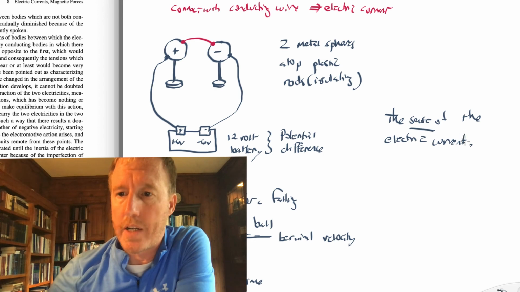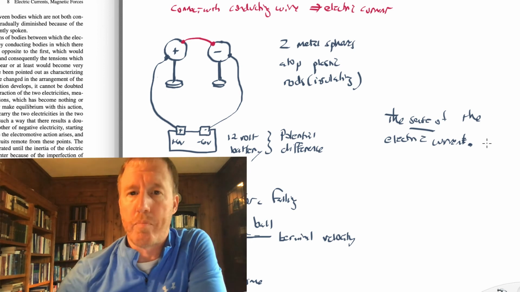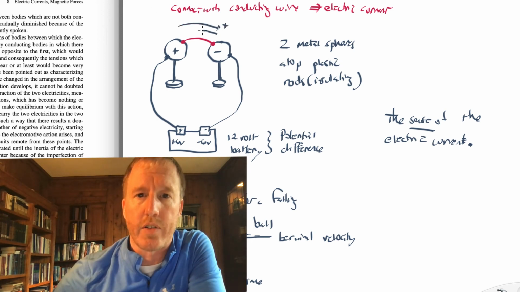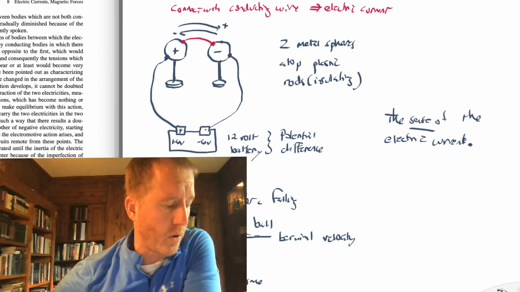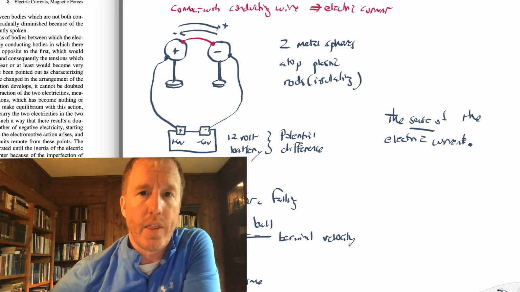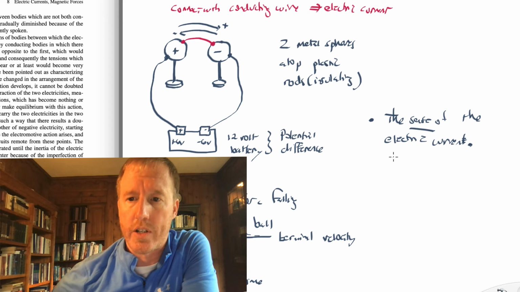Okay, this problem might have come to your mind as I was talking. We're talking about there's a current of positive electricity going in this direction and a current of negative electricity going in this direction. But when we talk about an electric current, which of those are we referring to? Are we referring to the positive flow or the negative flow? And Ampere says, well, let's just adopt a convention. We're going to adopt the convention that whatever way the positive electricity is flowing is what we are going to call the electric current. The sense of electric current, he says, is, by convention that he is adopting,